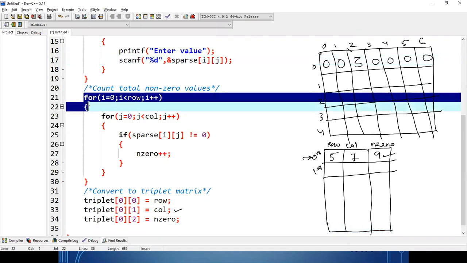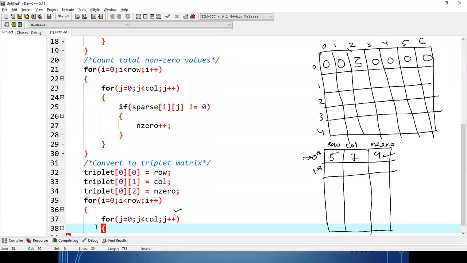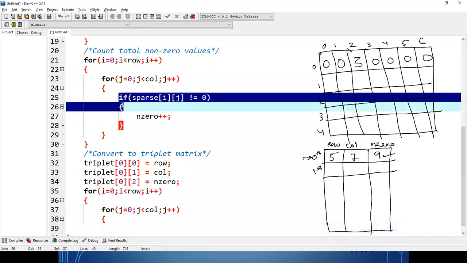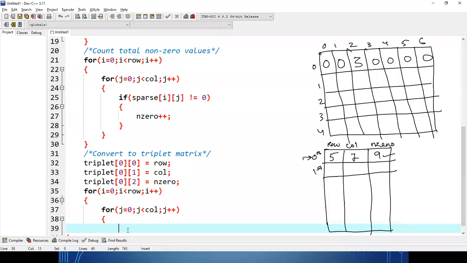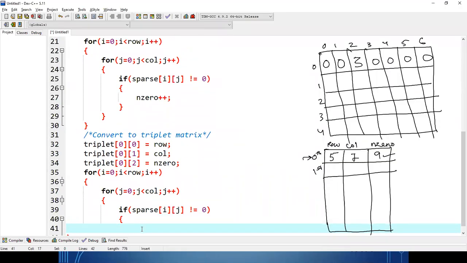So that means again I have to take the help of both the loops, because by using these two loops, obviously I can search or I can traverse the entire matrix. Okay, but what I need to do now, I have to check which value is my non-zero. Clear? So I'll search the entire from 0th row to the last row.